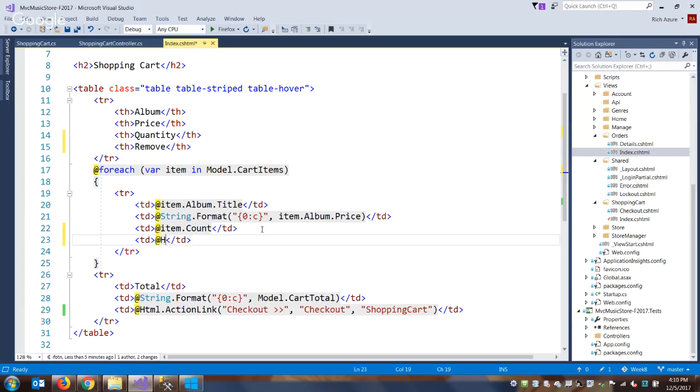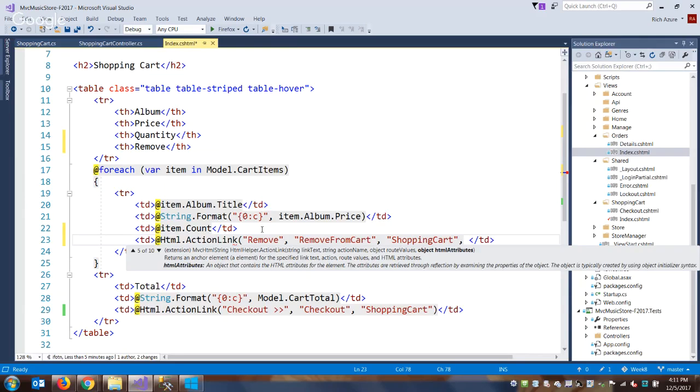In here, we can use an HTML action link. Our links will say remove. I'm going to call a remove from cart method in our shopping cart controller. And we're going to need one more thing on here. How are we going to know what to remove? Yeah, we'll need to pass